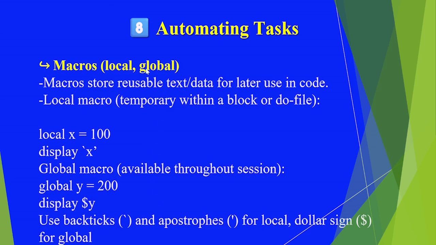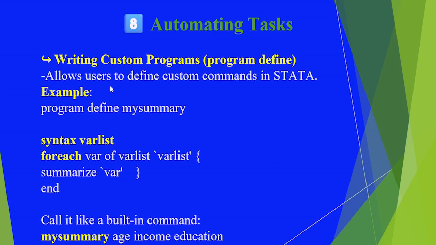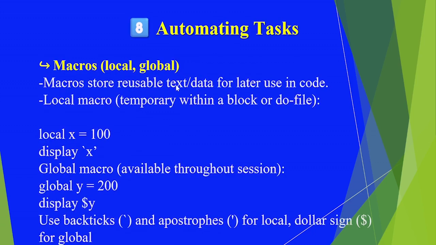And now we have macros, both local and global. I can say macros can be an equivalent of a variable, but let us see how they are used. Macros store reusable text or data for later use in the code, the same thing a variable does. And we have a local macro, which exists temporarily within a block or a do file. For example, to define a local macro, we use the local keyword: local x = 100, and